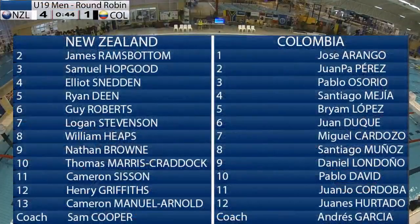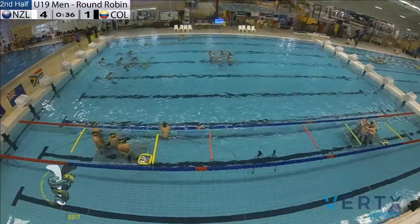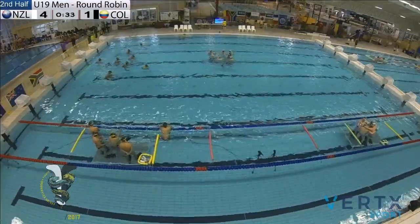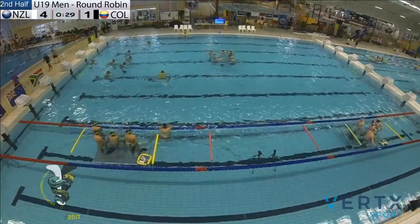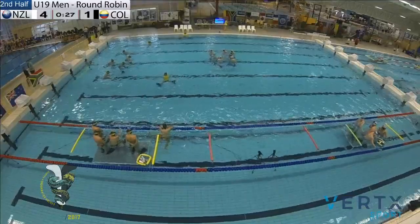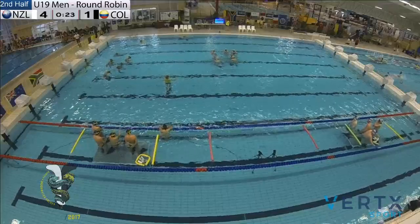A tough-fought game, really hard-fought game by both teams. Kiwis definitely having the greater amount of attacking prowess in this particular game today, Nath. Yeah, look, I mean, they've kept it up in their attacking zone. You kind of cut your pool into thirds and have a look at things, cut into quarters if you must. But I'd say probably around about 40% of the play's been in that top third for